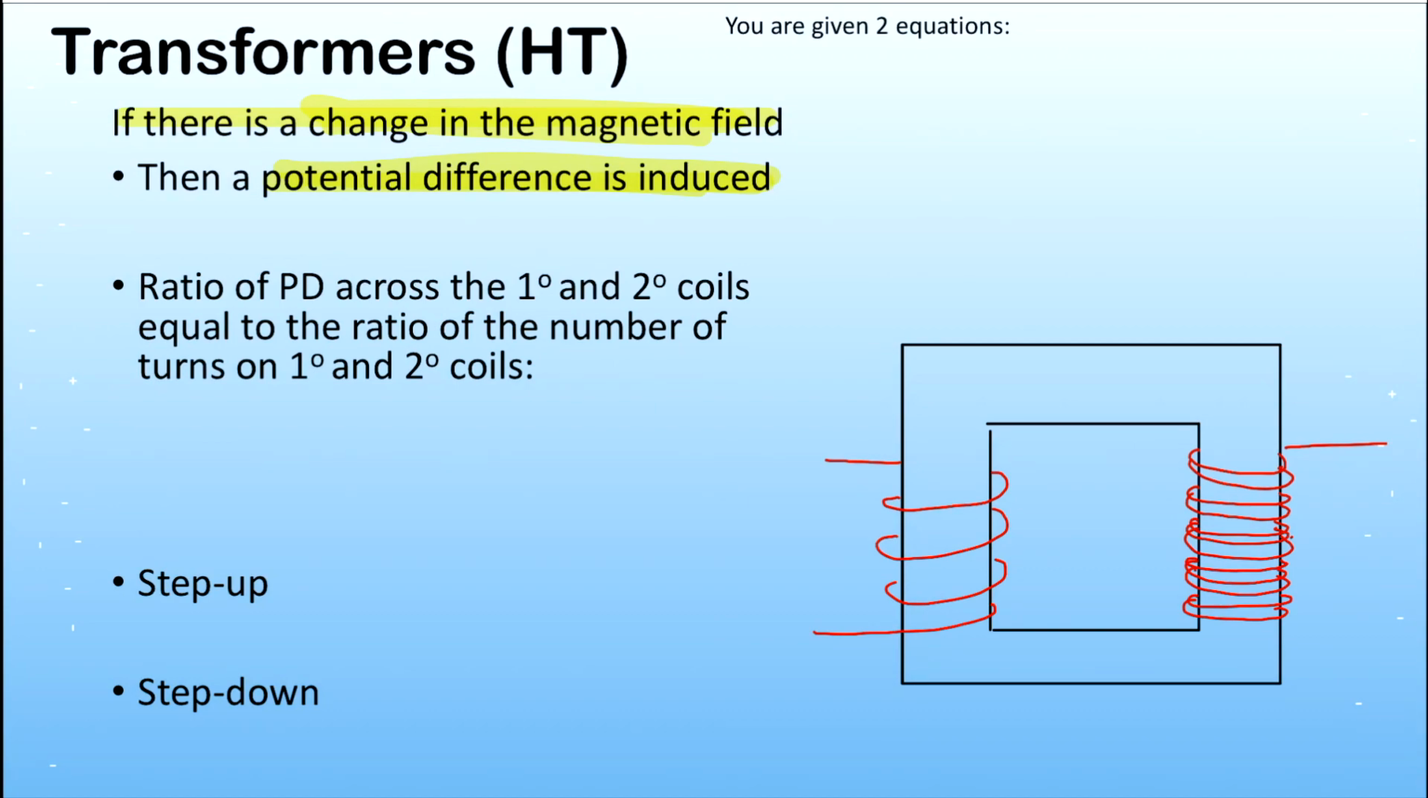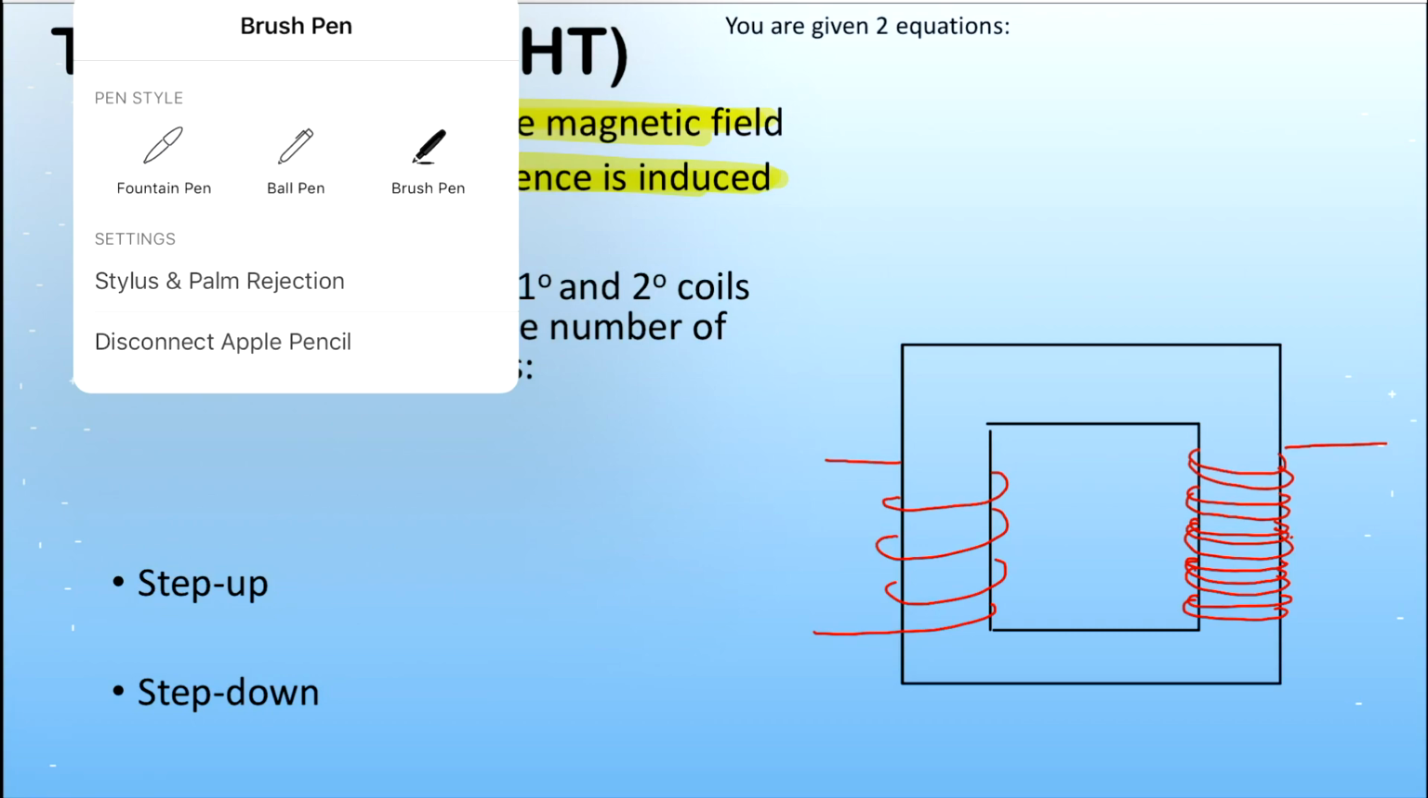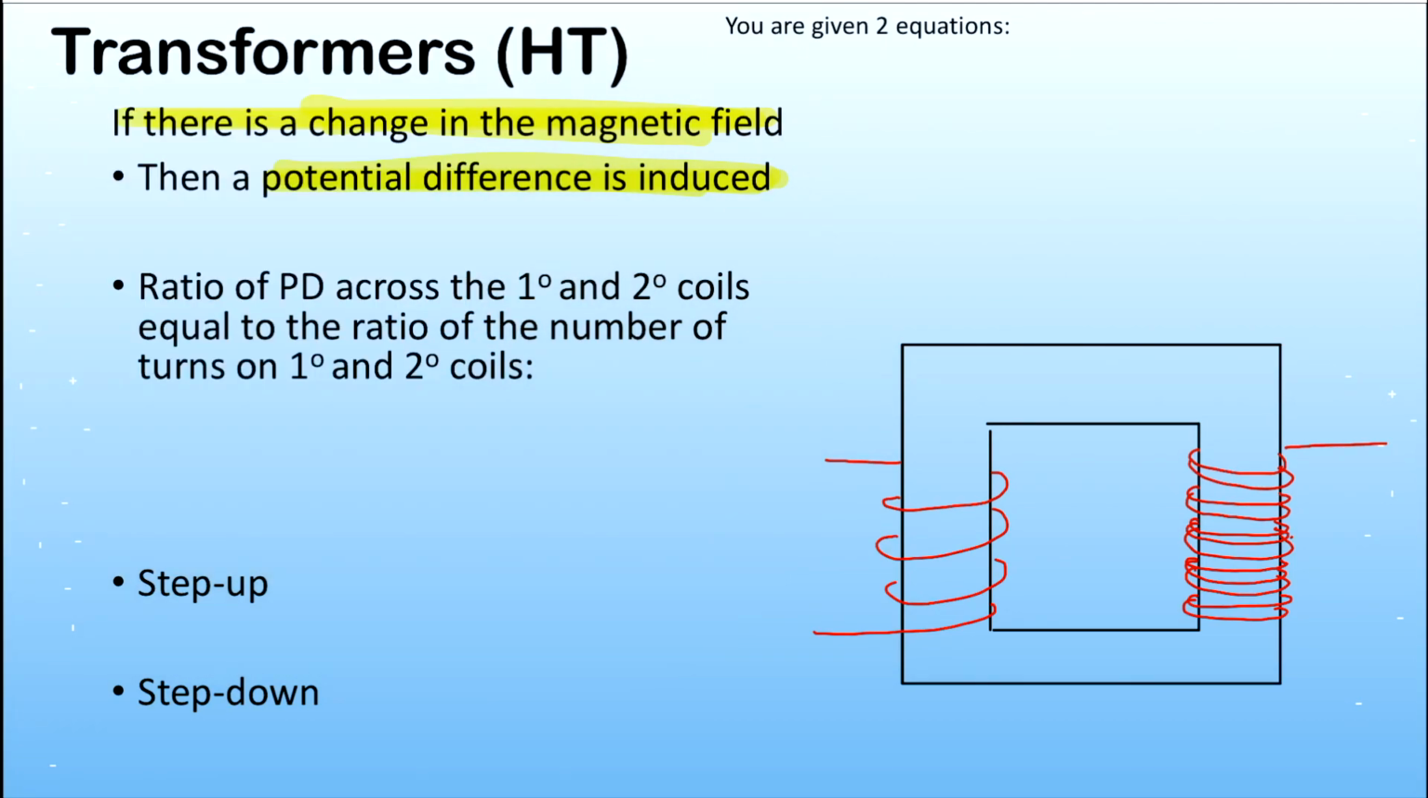Transformers are another application that we need to be aware of for how magnets work, and they follow the rule that we saw earlier, that if there is a change in the magnetic field, then a potential difference is induced across our conducting component, our wire. So we have a wire with an incoming current which is going to be alternating. It's an alternating current. So when it's working, it's going to set up a magnetic field which is going to